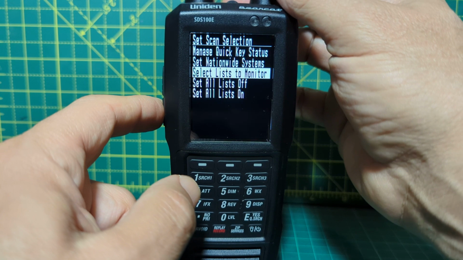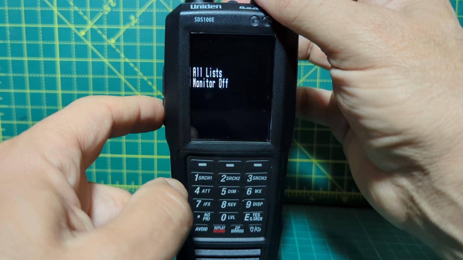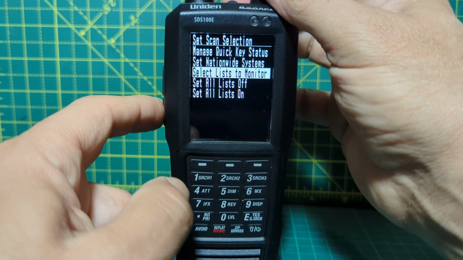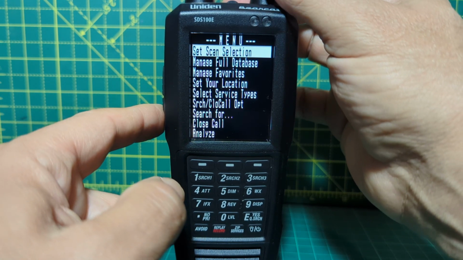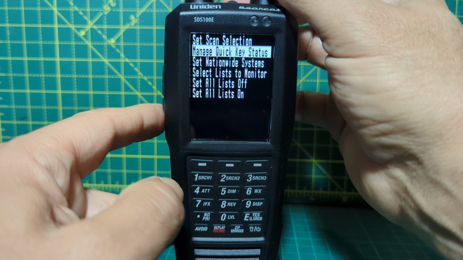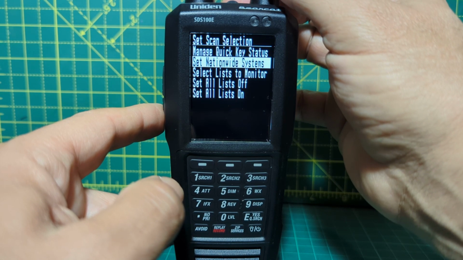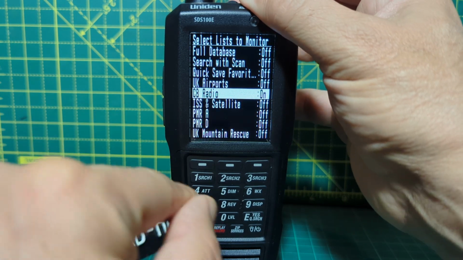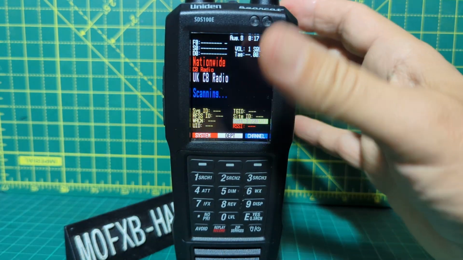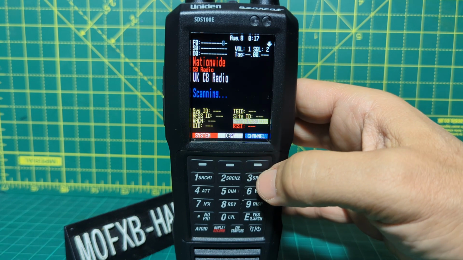So I'll just show you. Let's go select all list to off. Then we'll go select list, go back one with the menu key, select, set scan selection, select list to monitor, we'll go to CB radio, turn it on, and then we'll scan the flat line there, and it will just scan CB. And if we press the hold button,